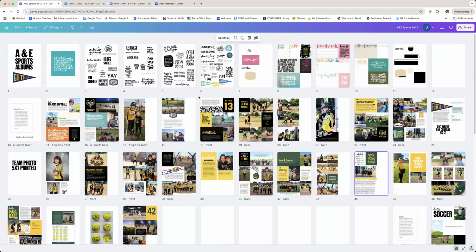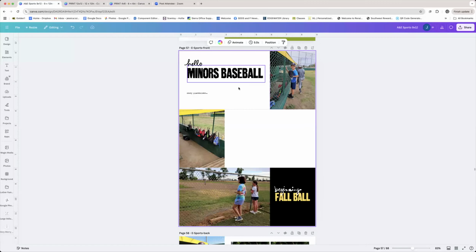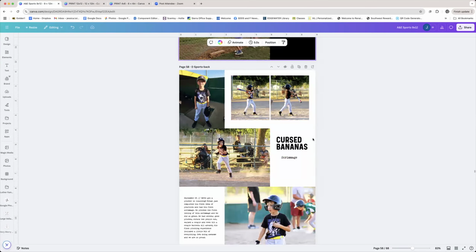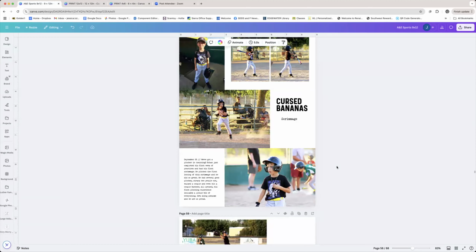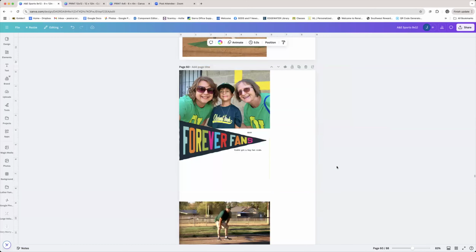This is going to be an ongoing album for a while. Okay, I haven't done a ton for Ethan's soccer. Most of his baseball is done, with the exception of, like, all the photos are going to be printed, I believe. But obviously, I still have lots of text I need to write right here. I need to do some formatting. I need to do a lot of things for little Ethan's baseball.